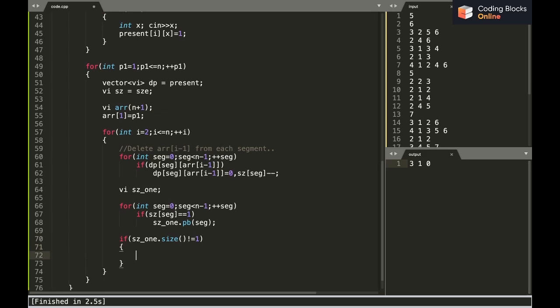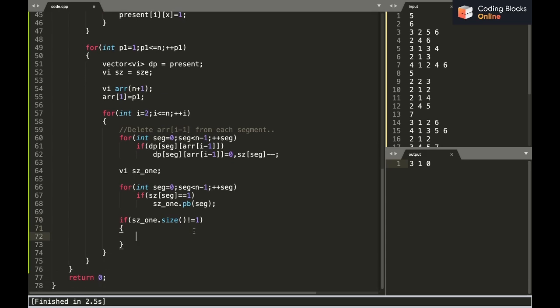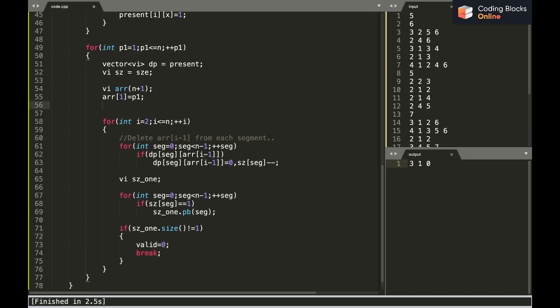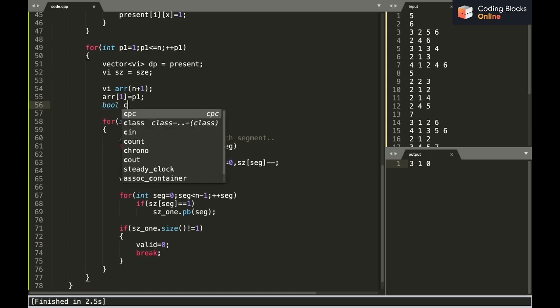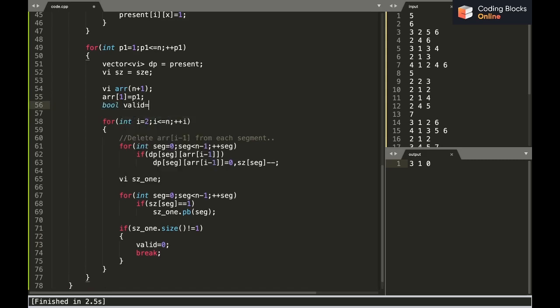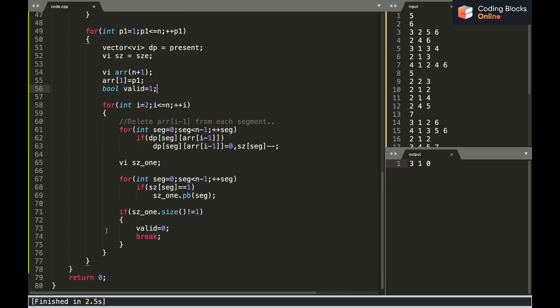In this case, this is not a valid choice for p1, so I'll say valid equals 0 and break. Also, I'll need a boolean variable called valid before trying this value of p1. And after I come out of this for loop, I'll say if valid equals 0, simply continue. This is not our valid answer.